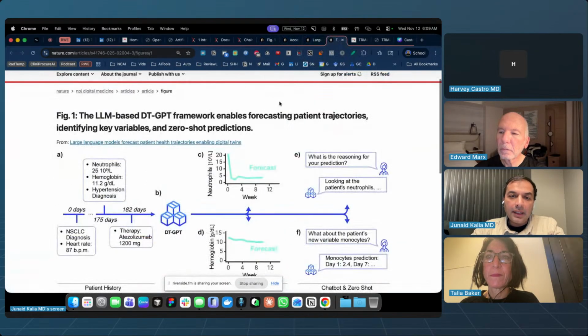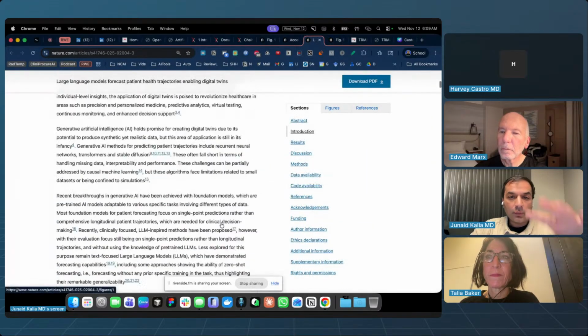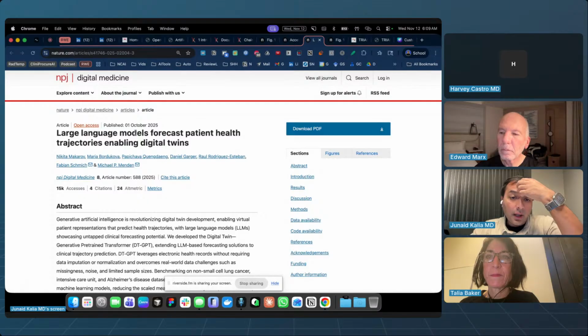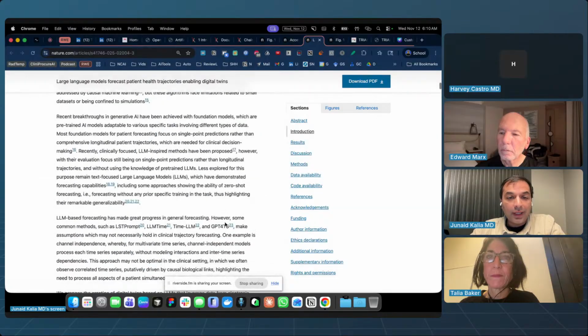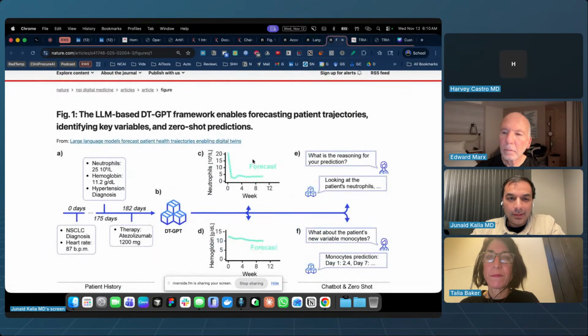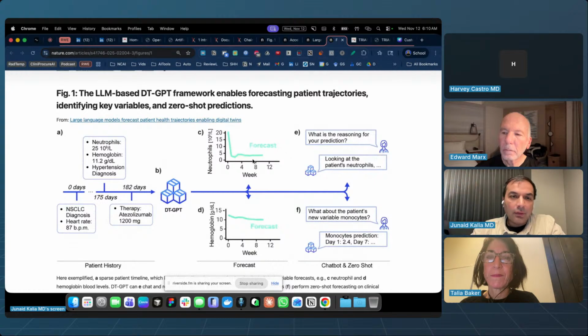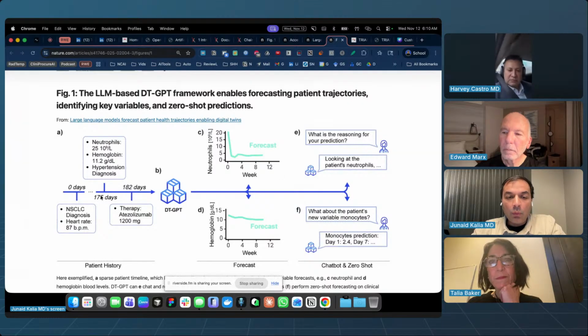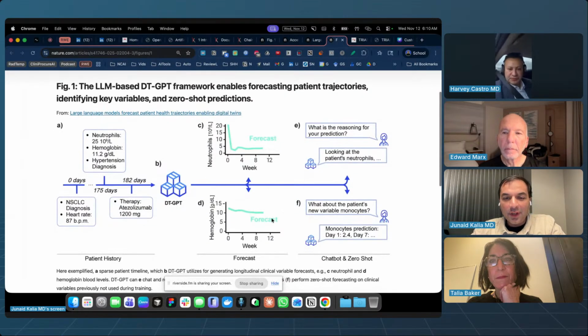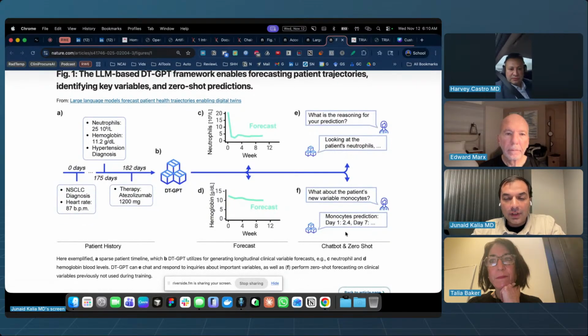And then lastly, this is another one that I have shared before, but I just want to reiterate why we are doing this: large language model patient health trajectories. It's extremely important. Digital twins was a very good topic here at AI Med. Unfortunately, I was talking at another panel and missed that, but we're going to talk with Harvey. We're just going to break down one of these things. And the idea, again, is similar: 0 days, 128 days. What really happens when you actually use the DT-GPT? I think it is going to go into forecasting and then, of course, learning itself.